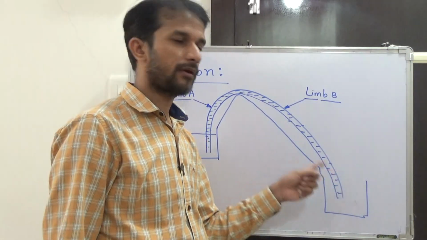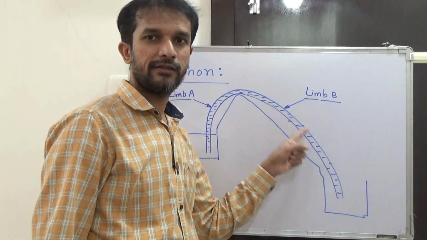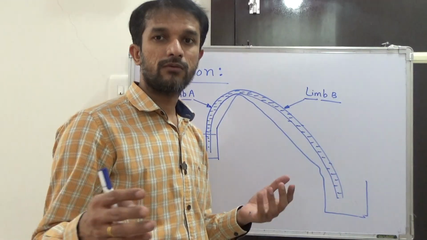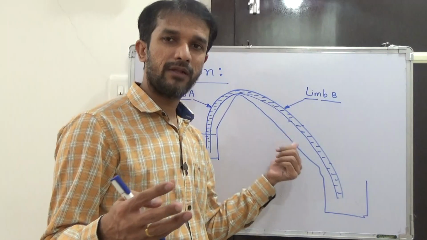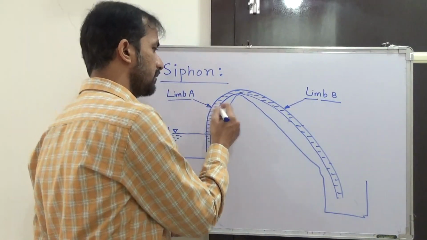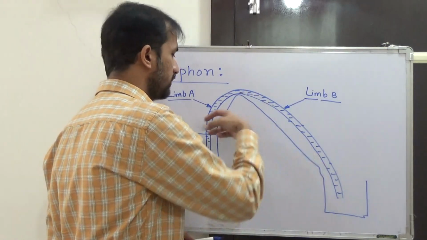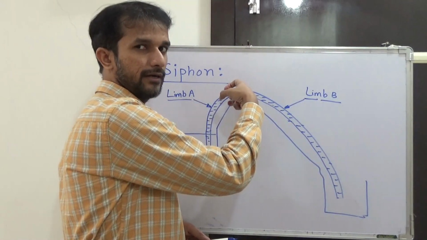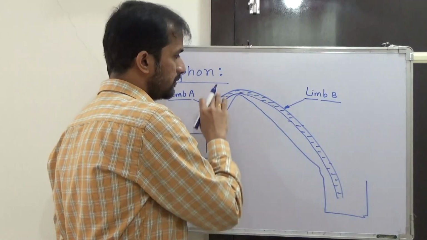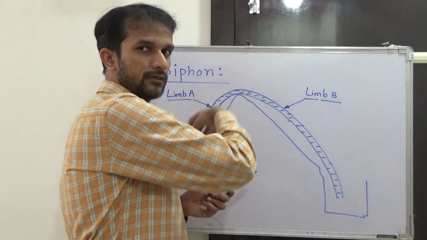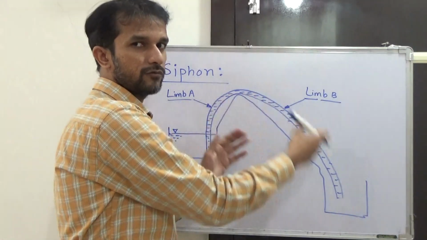When it falls because of gravity, there will be empty space inside the tube. When the water is getting out of the tube, that space will be empty now, and it is indirectly a vacuum. Yes, that vacuum will be created inside the tube, and that will suck this water to the upper side, and again whatever the sucked water comes here, it will fall down because of gravity, and again it will suck the other water. So in this way continuous flow will start.